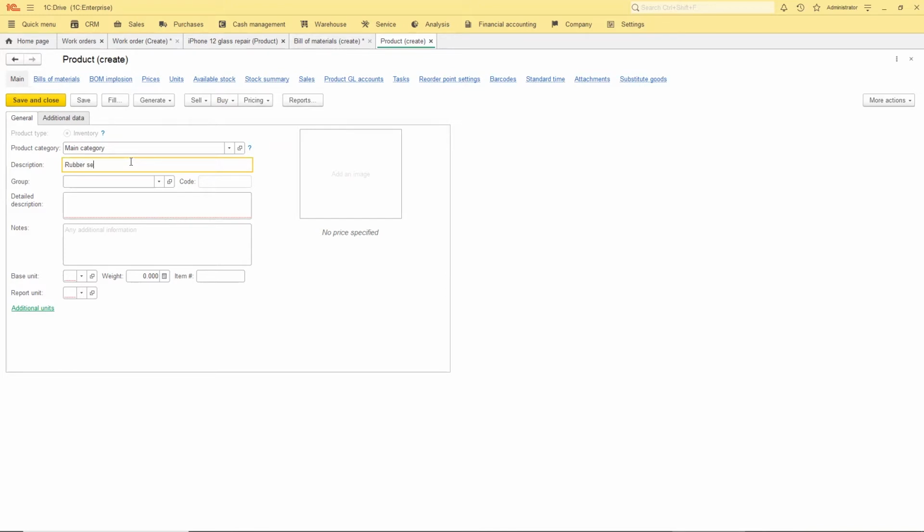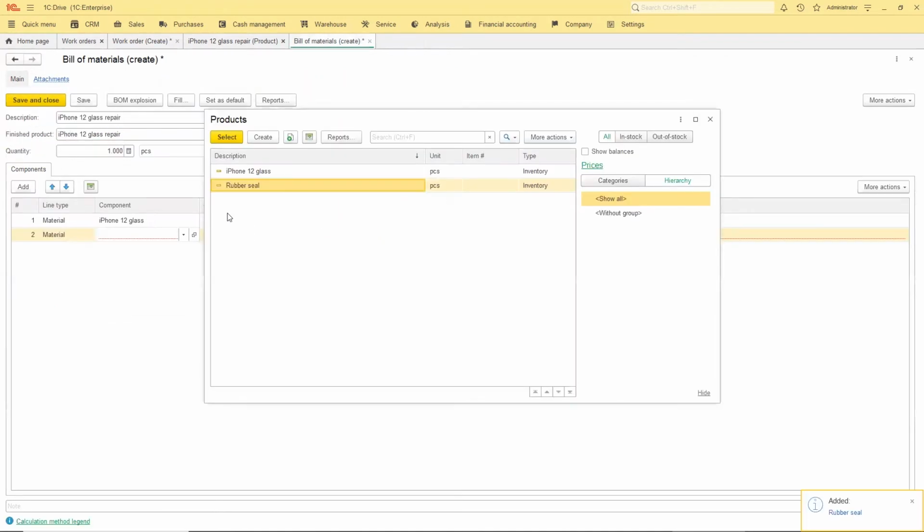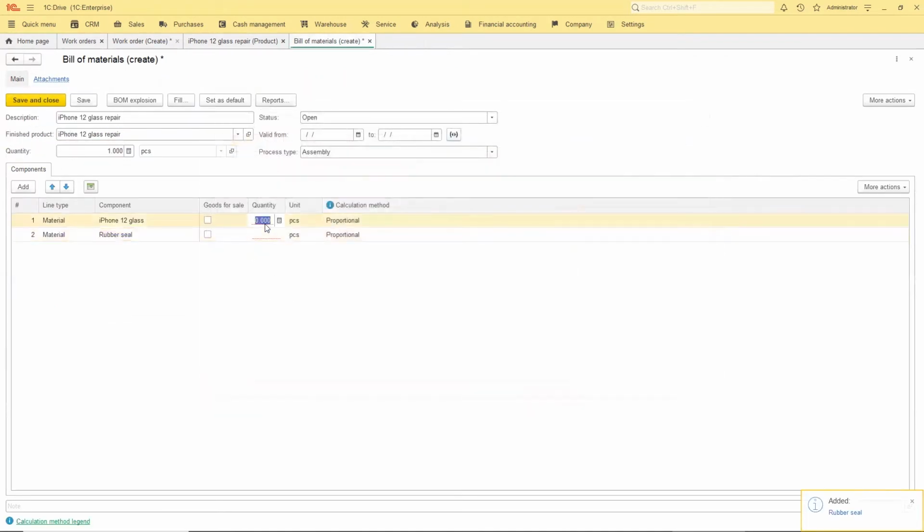Two. So to change glass on an iPhone 12, you have to spend an iPhone 12 glass and a rubber seal.